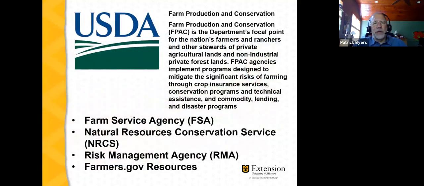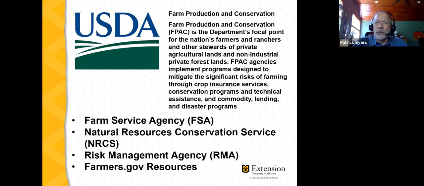Our workshop today is conducted with support from the USDA, the U.S. Department of Agriculture. The USDA, of course, has a huge interest in local food systems and especially crop farming. We encourage anyone who is interested in learning more about USDA programs to visit the farmers.gov website, where the programs and the activities are described in detail. The Farm Service Agency maintains an office in most counties in Missouri and across the country. It's an excellent entry point to learn more about the USDA.